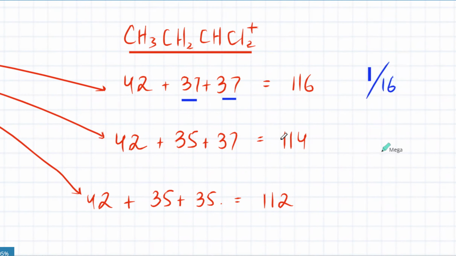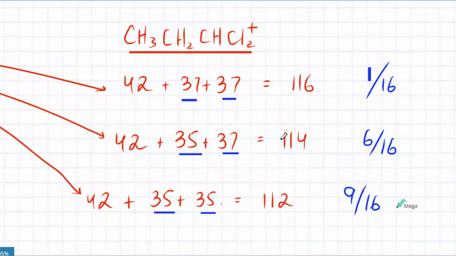One of the Cls is 35 and the other one is 37. That is what, 6 by 16? And both Cls 35, that is 3 by 4 into 3 by 4, that's 9 by 16. So that is